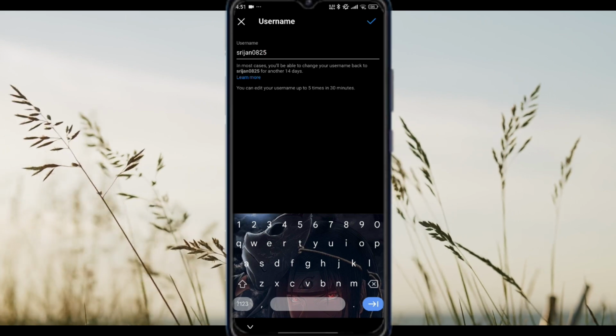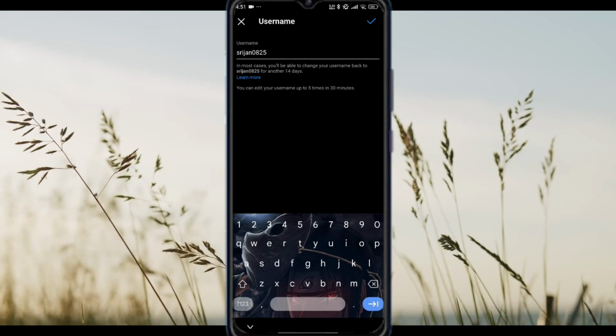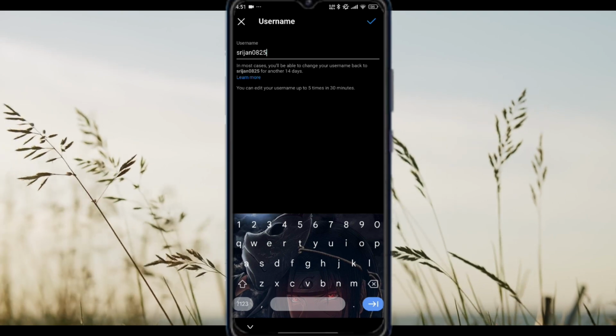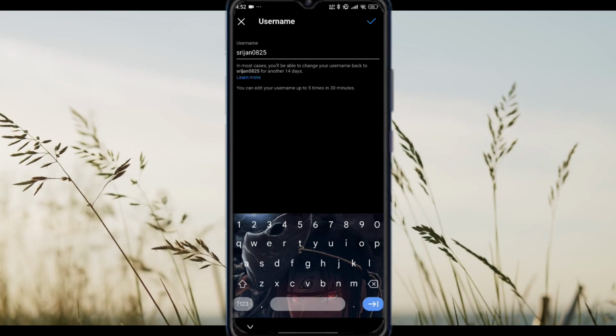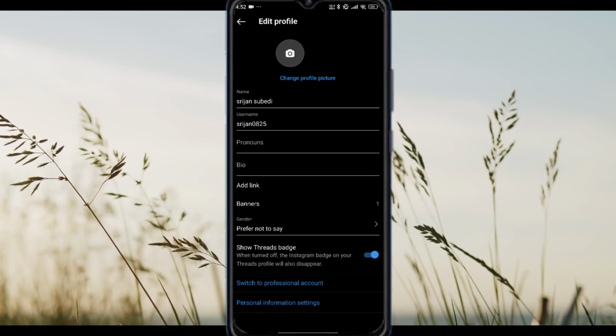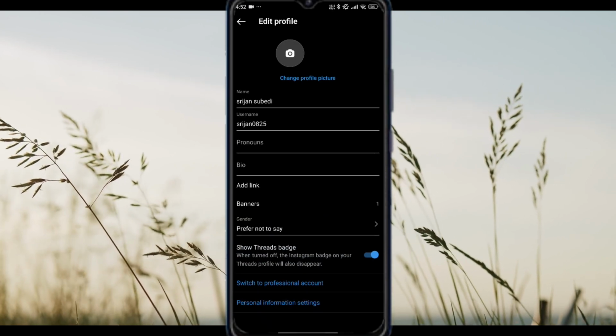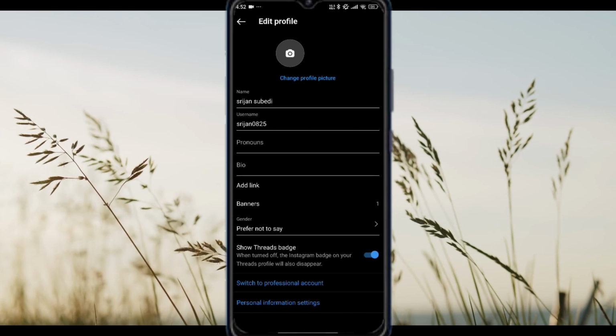Make sure to pick something memorable and relevant to you or your brand. After entering a valid username, save your changes by tapping Done or the check mark. Remember, changing your username might make it harder for some followers to find you, so announce the change if you